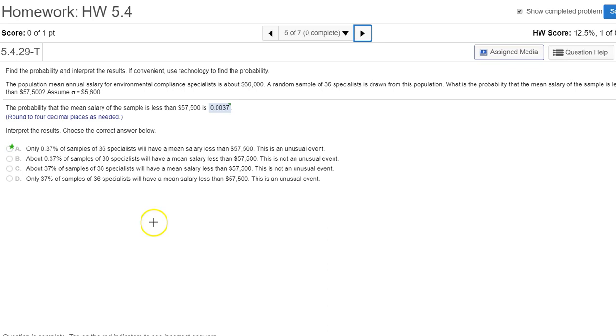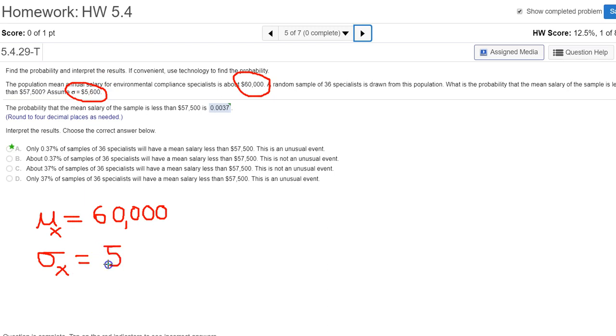What we need to do here is, first, find the mean. Remember, the mean of the population is the same as the mean of the sample. So the mean of the sample is 60,000. And the standard deviation of the sample is simply the standard deviation of the population, which is 5,600,